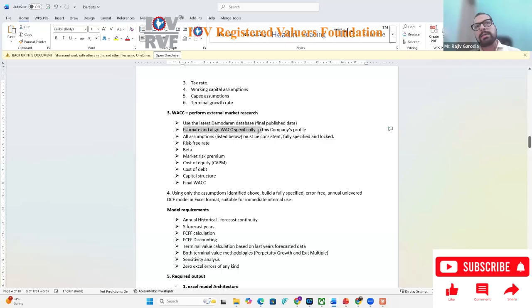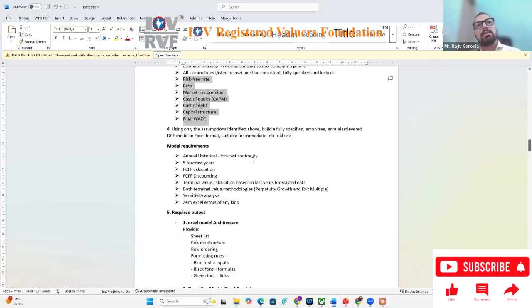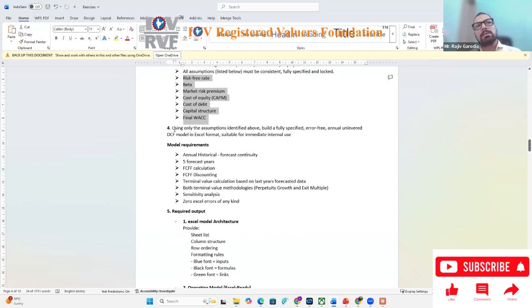Estimate and align WACC specifically to this company profile. All assumptions listed below must be consistent, fully specialized, fully specified and logged. So risk-free rate, beta, market premium, cost of equity, cost of debt, capital structure, and final WACC. Then it is talking about